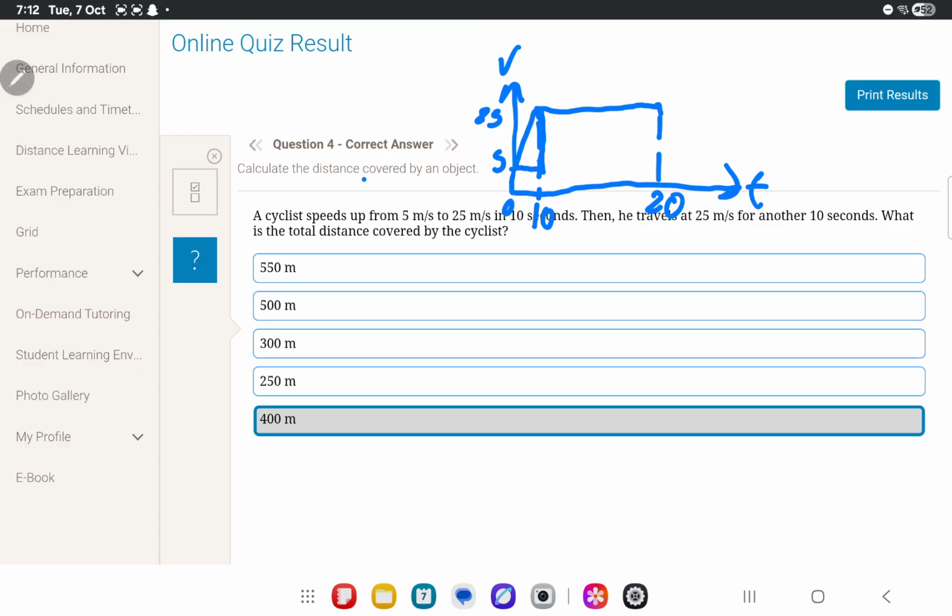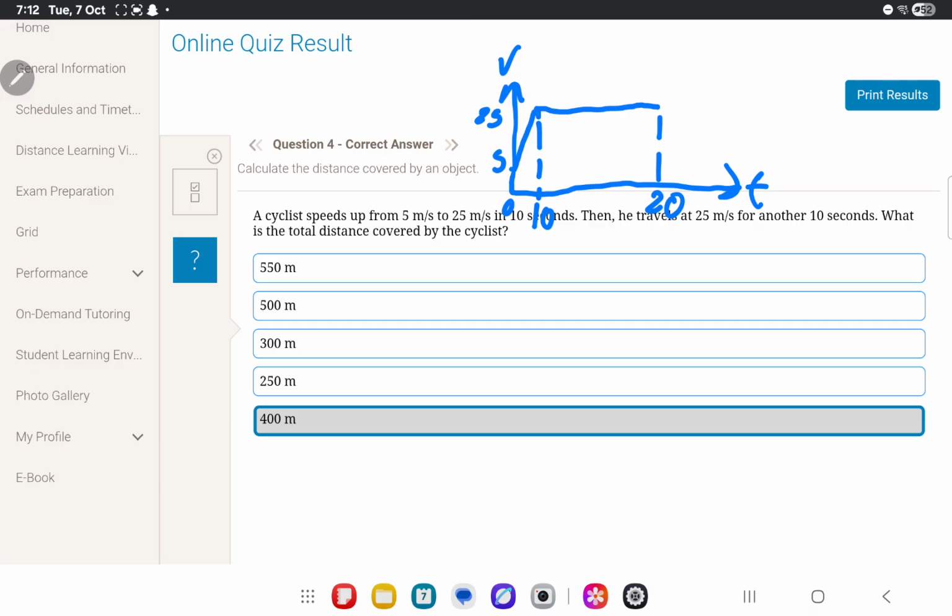Plus, then you take this as a rectangle. So you do 10 times 20. This will give you 300, right? But 300 is not the answer, it's 400. So you're not accounting for another 100 meters. So I wouldn't use the graph for questions like this. You can, I'm pretty sure at least, but it's a bit harder to calculate using it. Anyway,